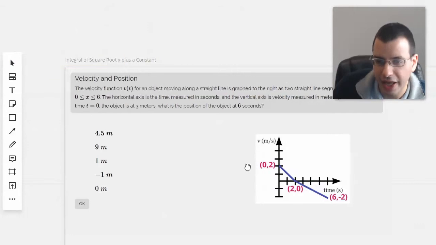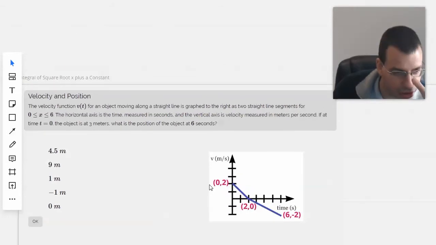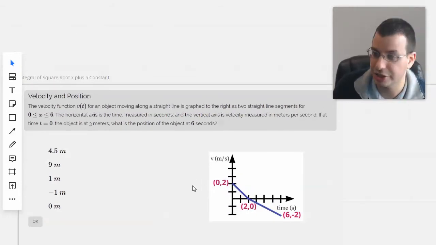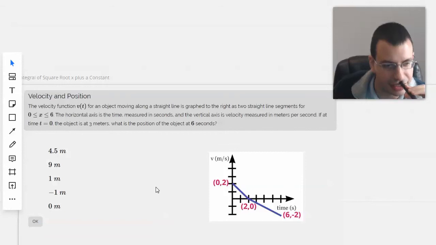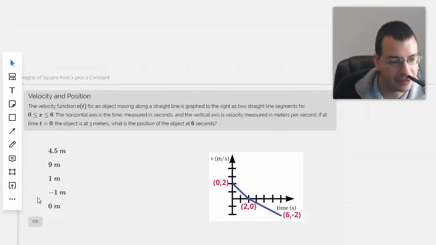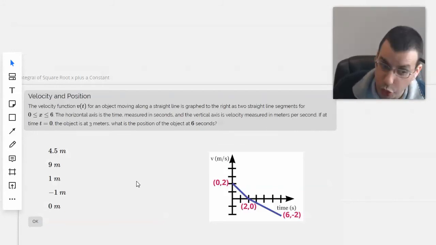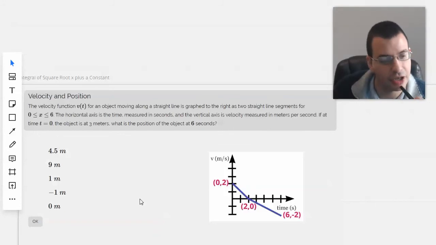graphed to the right as two straight line segments for 0 less than or equal to t less than or equal to 6. The horizontal axis is time, measured in seconds, and the vertical axis is velocity, measured in meters per second. If at time t equals 0, the object is at 3 meters, what is the position of the object at